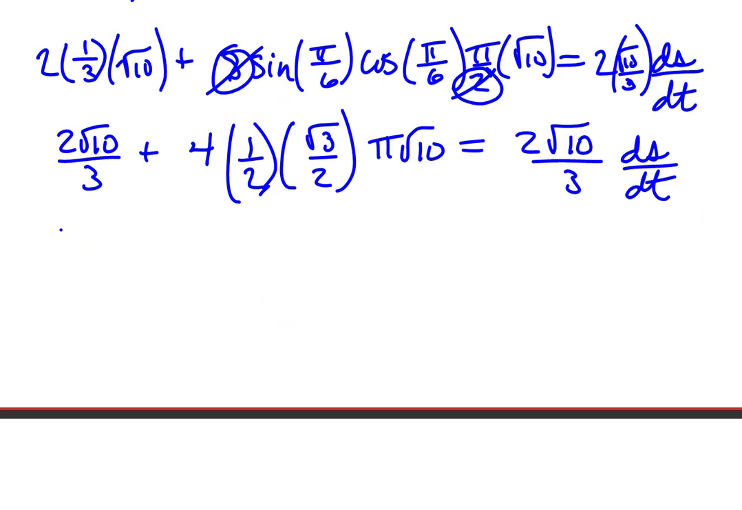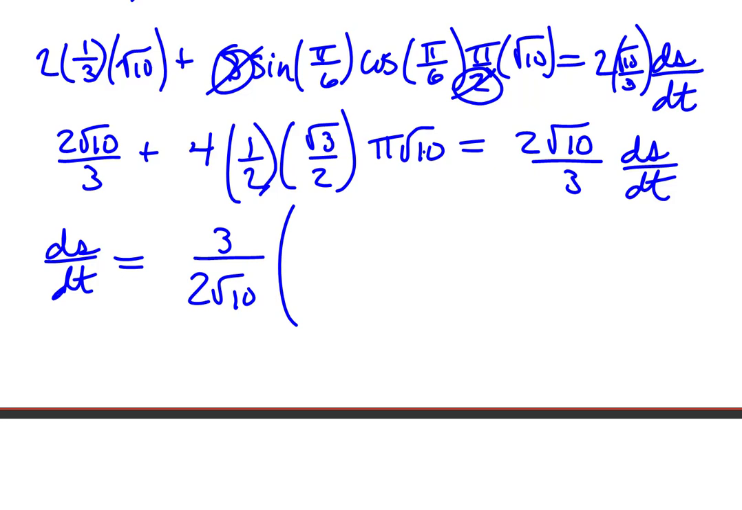Okay, let me flip some things around here. We're trying to get ds/dt alone. We can get it alone by dividing both sides by this 2 root 10 over 3. So really, ds/dt equals the reciprocal of that, 3 over 2 root 10, times the entire left side of what we had above, which is really 2 root 10 over 3 plus